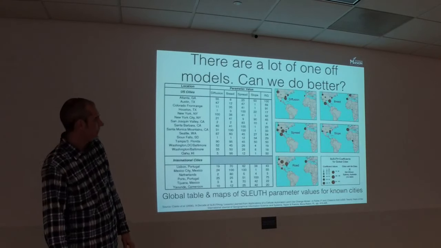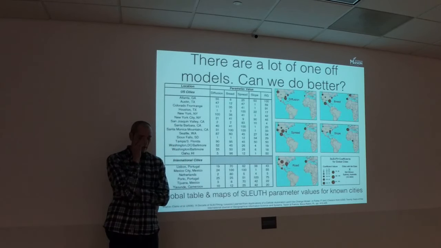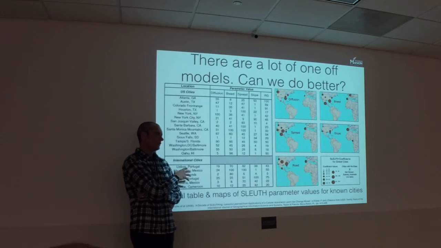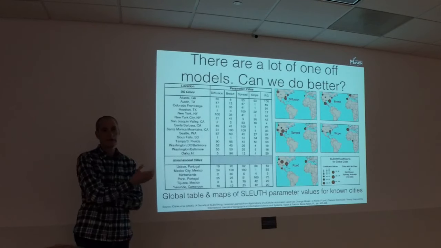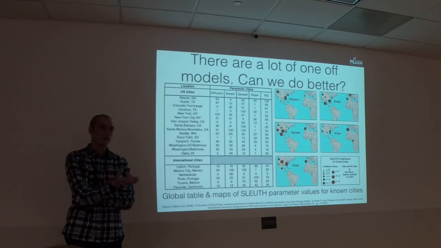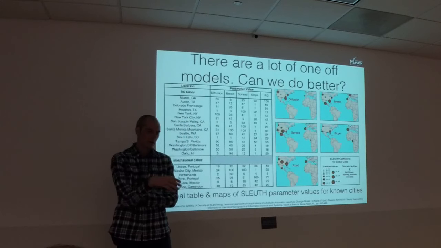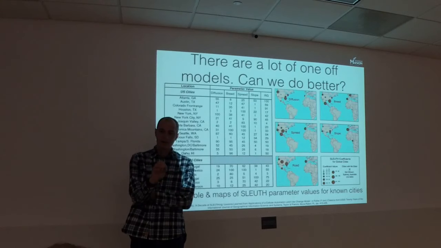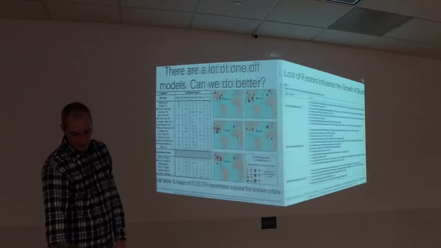Lots of one-off models. I was wondering, could we? The group from the Netherlands has been developing models that have been extending the SLEUTH model by Keith Clarke, right? So Keith Clarke's urban growth model is being applied to X number of cities around the world. Could we develop a slum model that could be applied to multiple cities around the world? And that goes back to this notion of the indicators that we've been looking at in Kenya. Can we define a set of indicators that we can collect to map and monitor slums? Can we use those types of indicators for a slum model? Something that we're still playing around with.